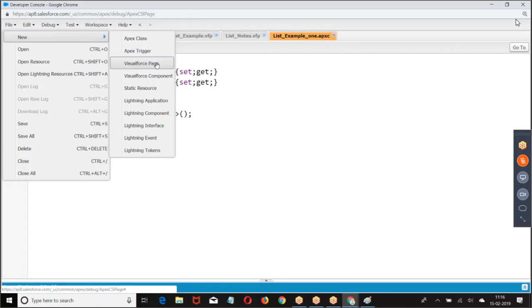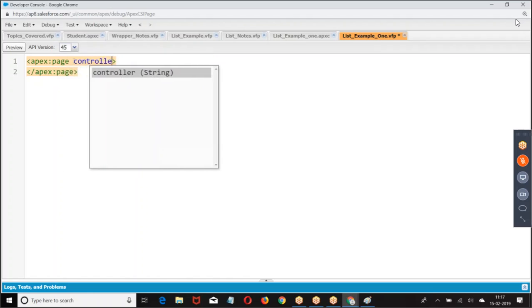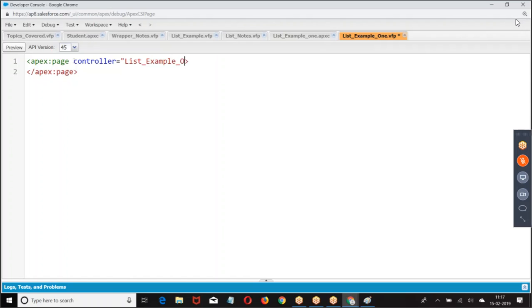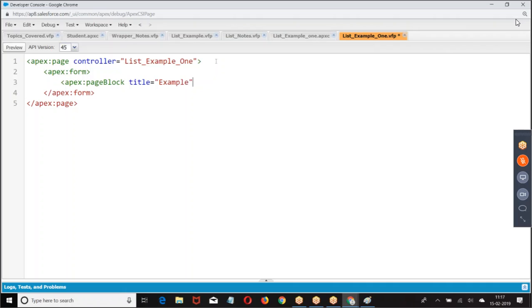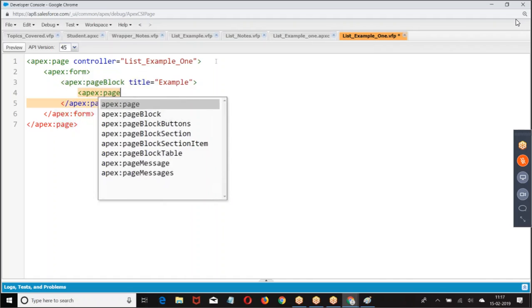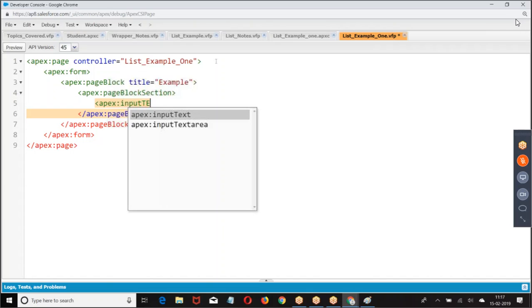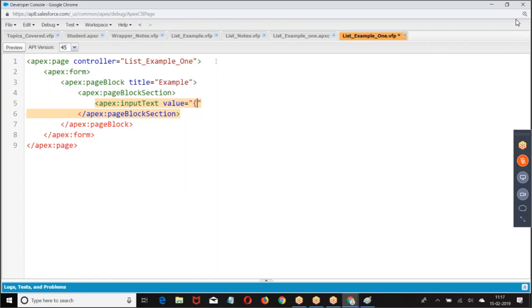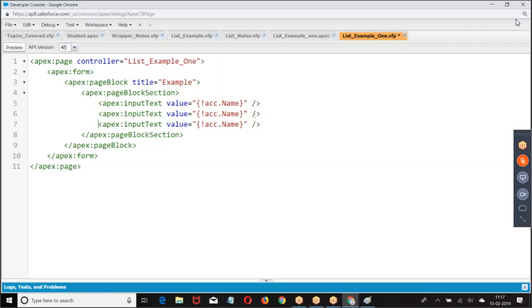Now let us create a VF page. Then I'm taking page block section, input text, value equal to ACC.name, phone, industry.